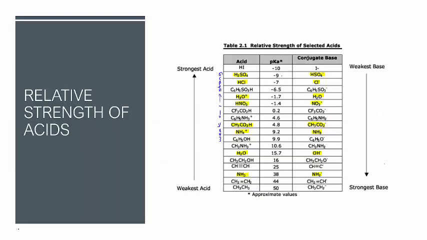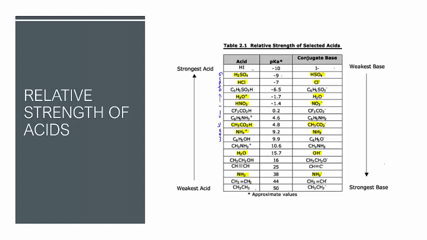The table that I've got on this slide over here explains this a little bit better. So what we can see is that there's a continuum from the strongest acids at the top of this table, and obviously this table does not list every single acid known, it just lists some common acids. So we've got the strongest acids at the top of the table and the weakest ones at the bottom, and we can see that the stronger the acid is, the weaker its conjugate base. Now the acids and bases that I've highlighted are the ones that we're likely to come across in the HSC